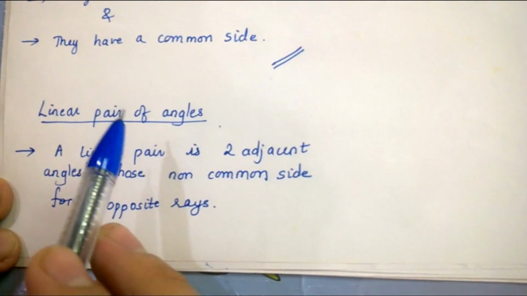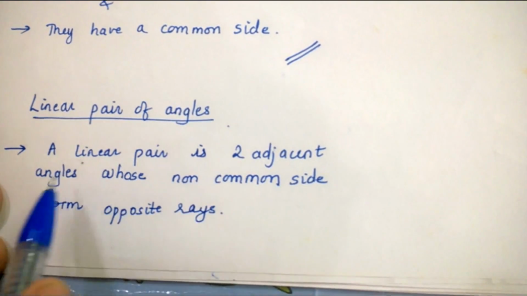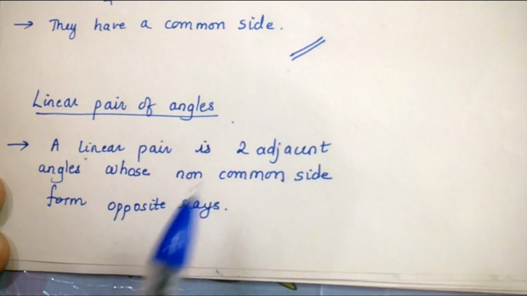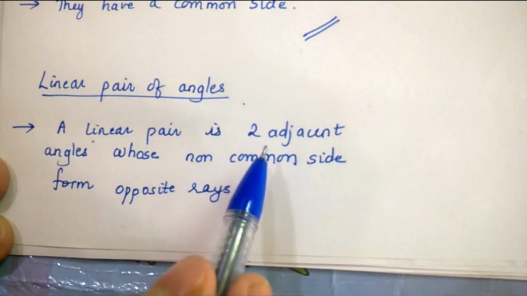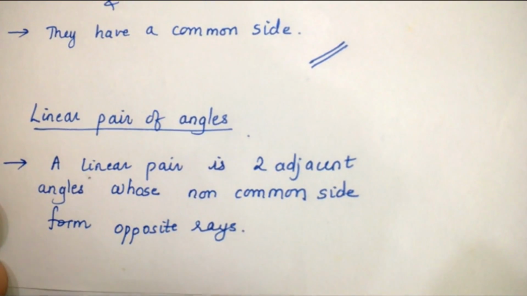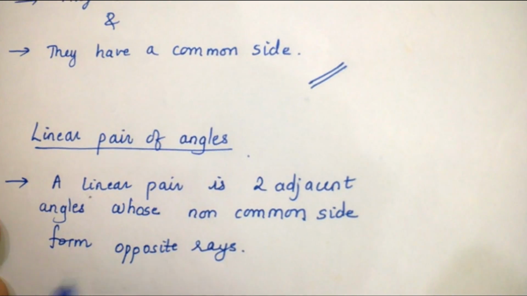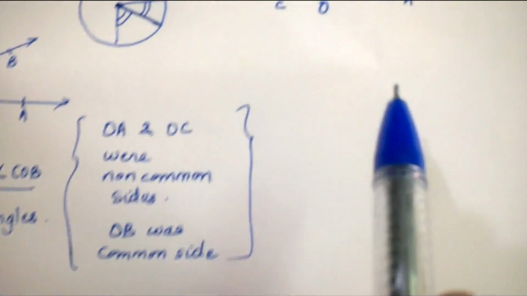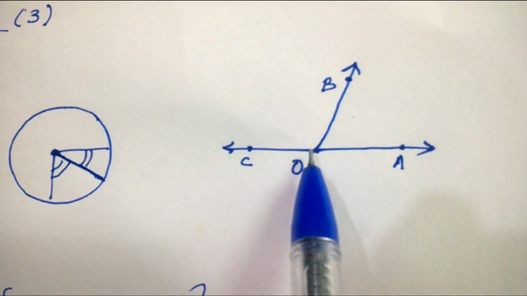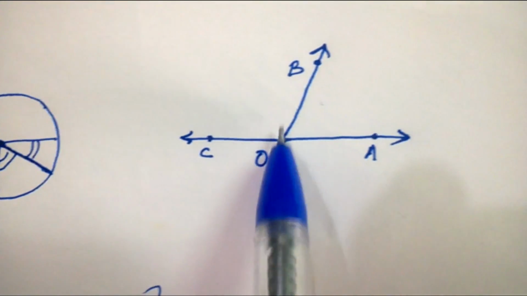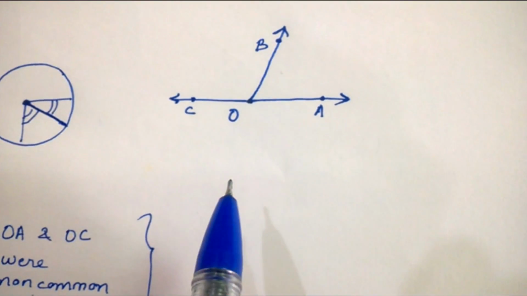Now after studying adjacent angles, we can start with the linear pair of angles. A linear pair is two adjacent angles whose non-common sides form opposite rays. Now we'll try to understand this statement. Two adjacent angles means there is a presence of two adjacent angles having non-common sides forming opposite rays. Now consider this. These are two adjacent angles, correct? Since we have common vertex O and OB as a common side, COB and AOB form adjacent angles,